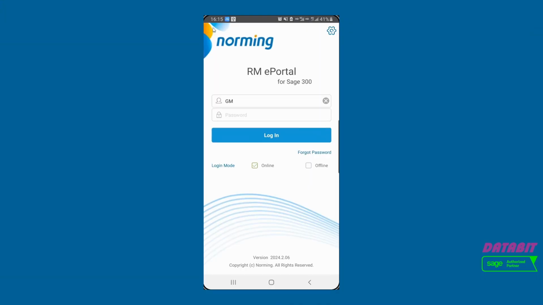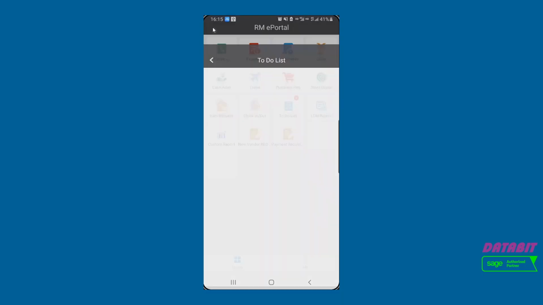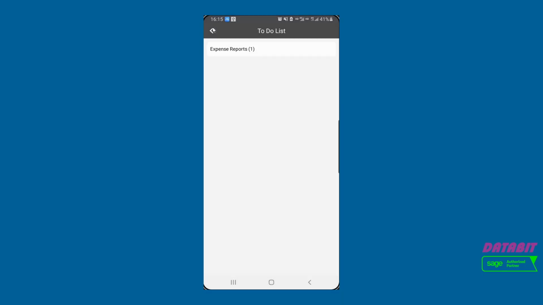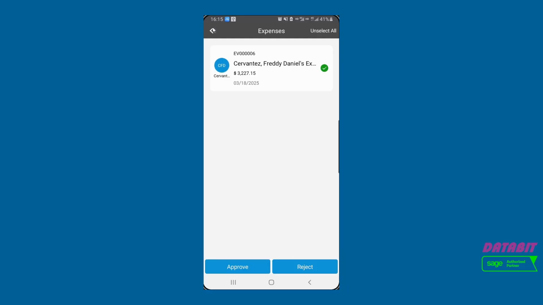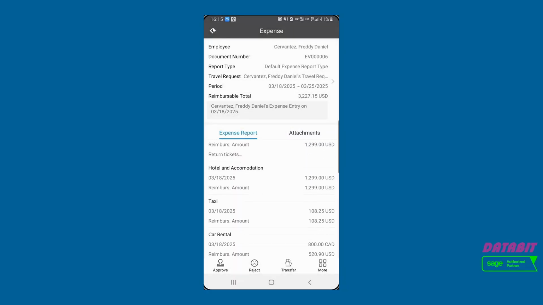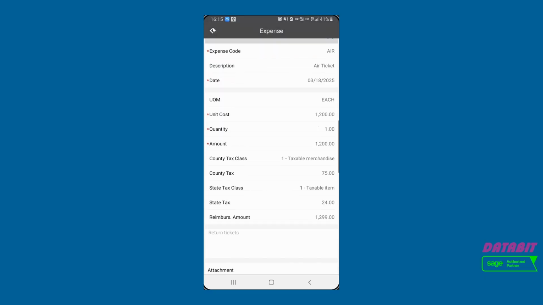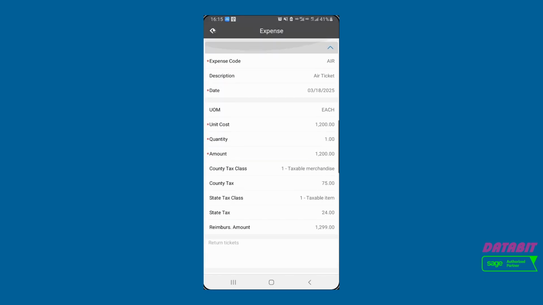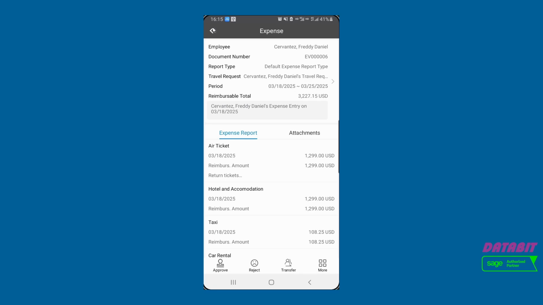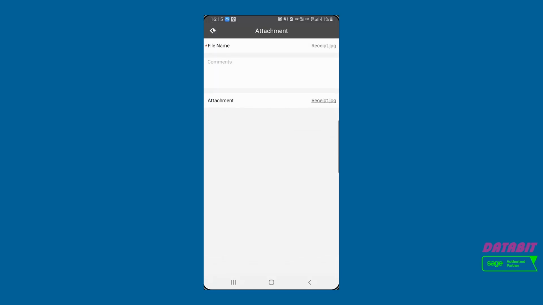If the general manager is busy and has a lot of traveling, she can also use the mobile app to approve the expense. He can check the expense details through the mobile app, like the expense items, the comments, and the expense amount. The receipt or other attachments can also be reviewed through the mobile app.